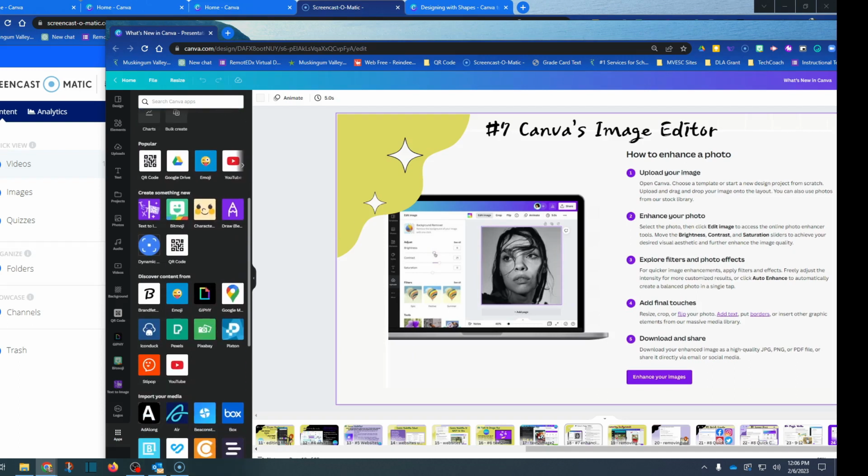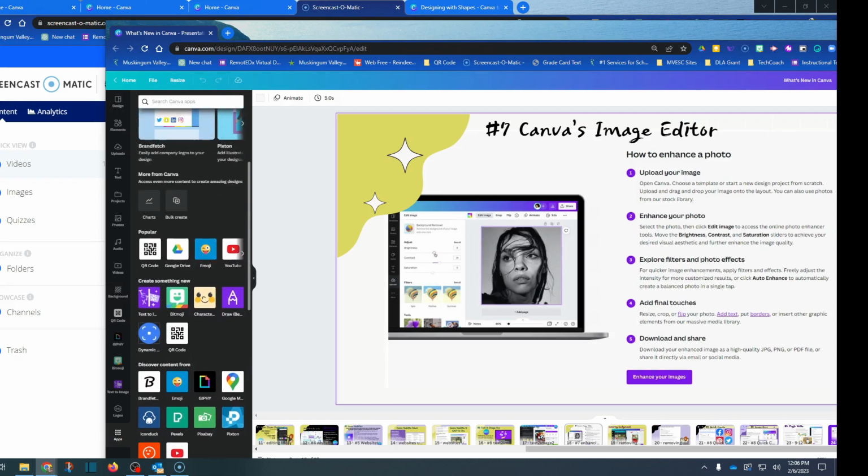Everything from your Bitmoji to Giphy, Google Maps, whatever it might be. But the text to image is a purple square icon that you can see that says text. And once you start using it, you'll see it kind of gradually move up higher and higher in your preferences.